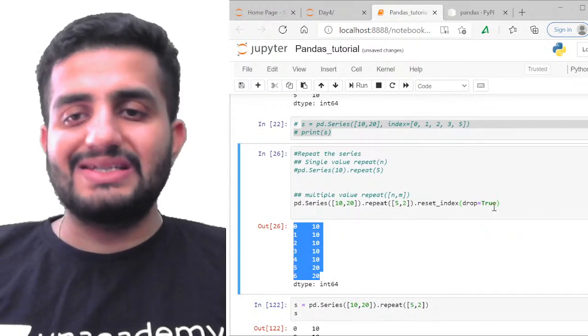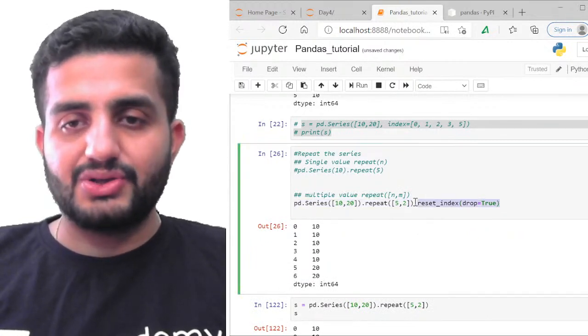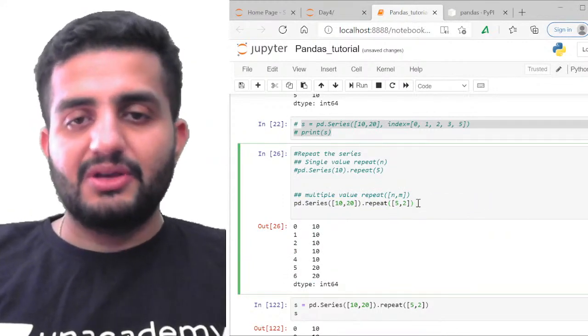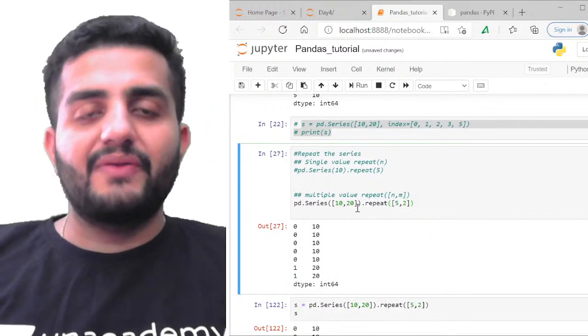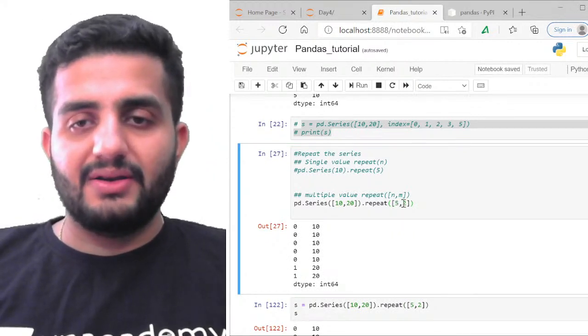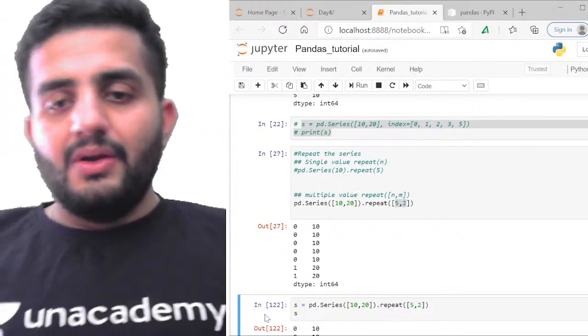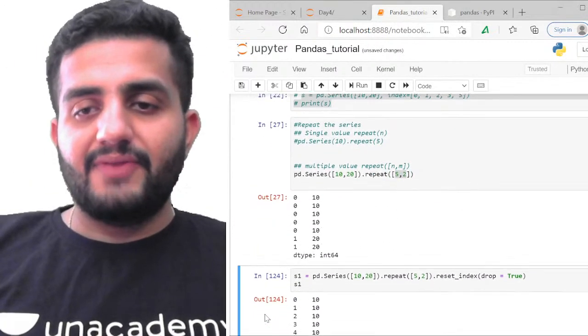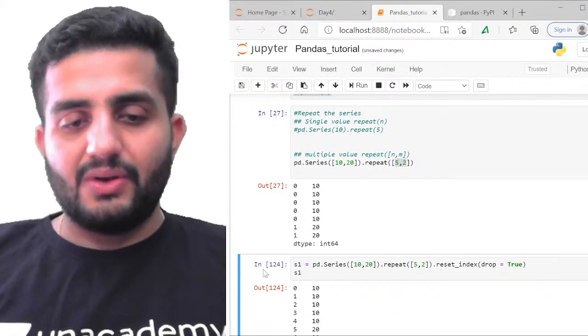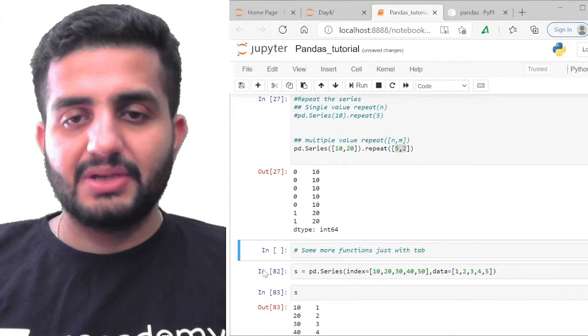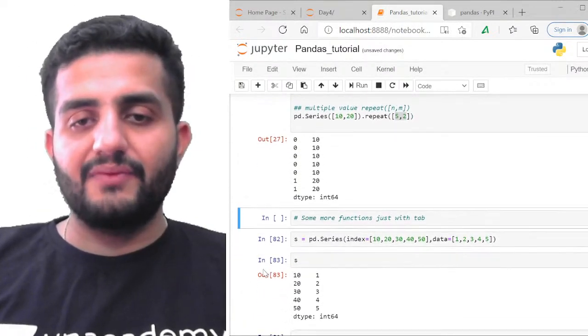So a reset index is not an issue. The objective here is repeat, and you can do it for n number of elements, giving the number of times you want to repeat. Cool, nothing fancy here. We talked about reset index already, so that's pretty much covered.